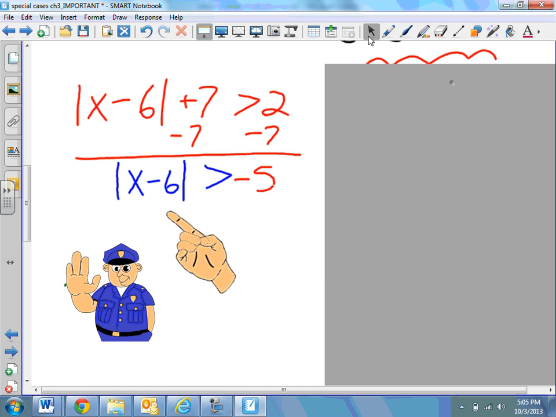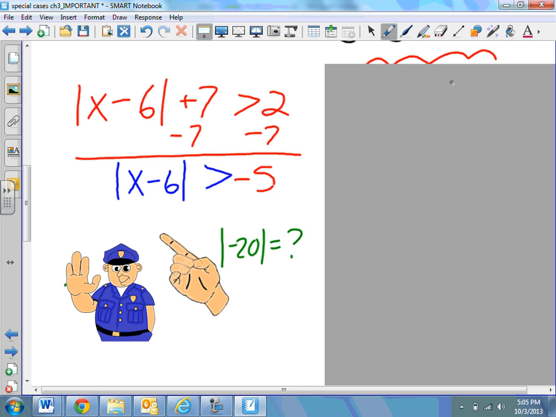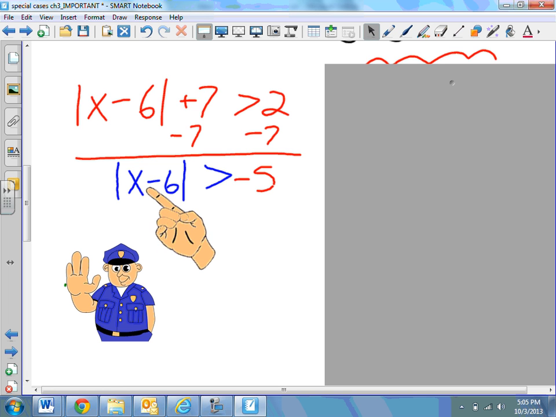Well, is there ever a time that when you use absolute value, these lines right here, you end up with a negative number? Like if I have the absolute value of negative 20, does that give me a negative number? No, it doesn't. It's still going to be a 20. So anything I put inside the absolute value is always going to be positive. Even if it's a negative 1,000, a positive 1,000, whatever, it's always going to be bigger than a negative. So because that's true, always,